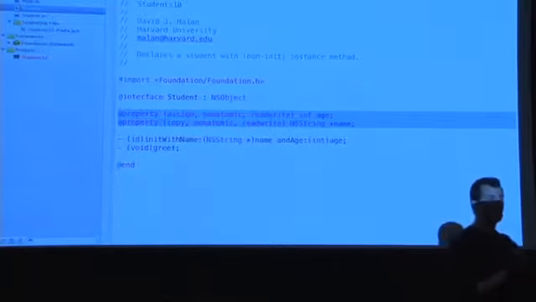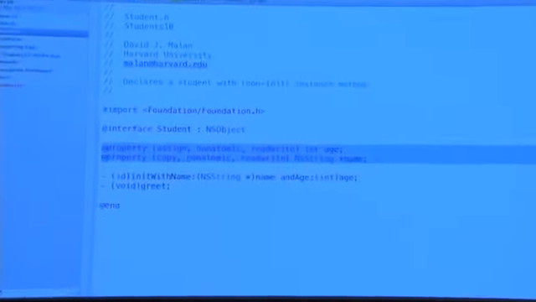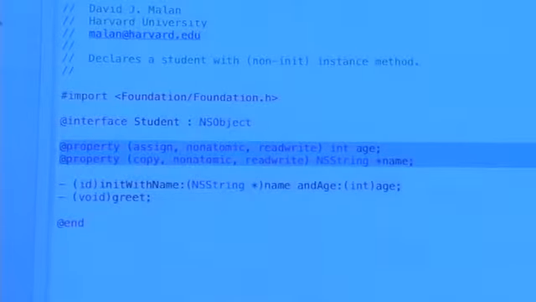Yeah? The header file, I'm not sure if you're going to go over this. Oh, sure. Let me say something briefly now, but we'll see this in more detail. So these two properties do a couple of things. Our use of properties does two important things for us. One, it allows us to use synthesize, which means we don't have to write getters and setters ourselves. And two, it allows us to